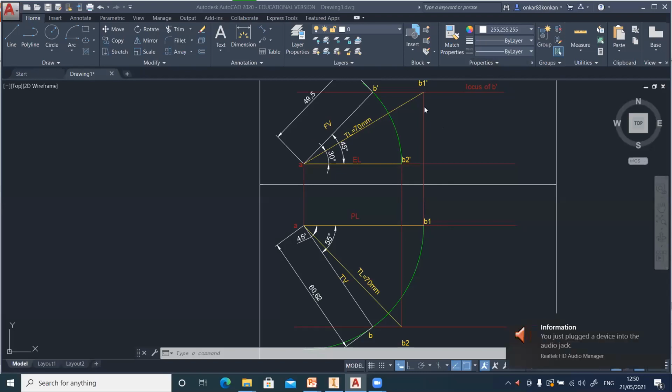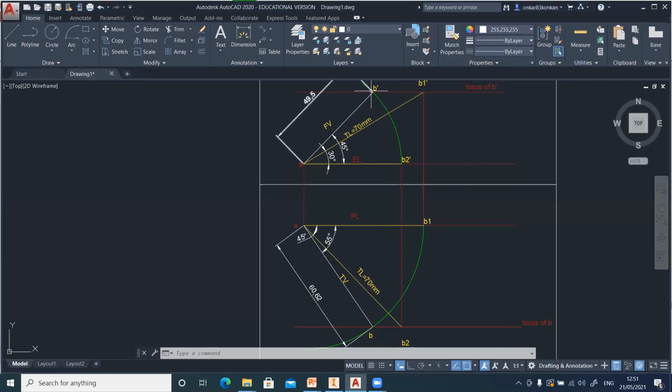How can you check whether you have drawn the correct projection? Once you complete the drawing, you can check whether the B point is exactly below the B dash point. This B dash and B point must be on the same vertical line if your drawing is correct.